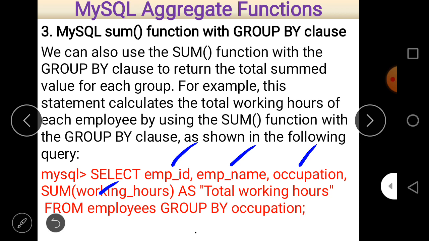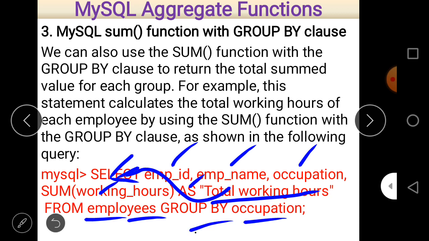And then just write AS total working hours, so it will give it a secondary name. The answer will appear as total working hours in place of sum of working hours, and then FROM employee, and then GROUP BY occupation. Let us see its output again.